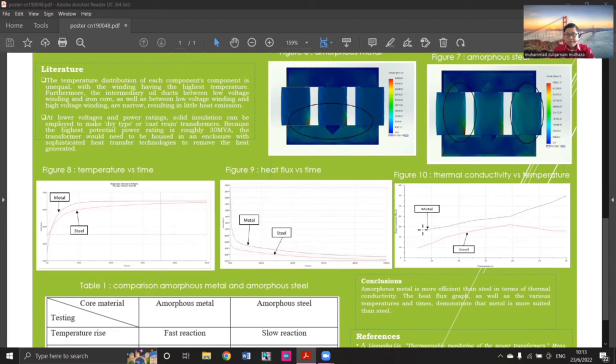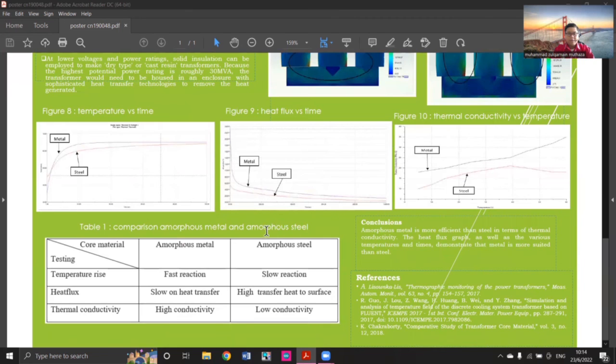As you can see, the thermal conductivity means the reaction of the surface in the two materials. And I want to say the metal material reacts to the surface heat flow better than the steel, because the steel has a different substance, but the metal is a pure metal substance. Okay, in table one, we conclude all the results to make sure which material is suitable